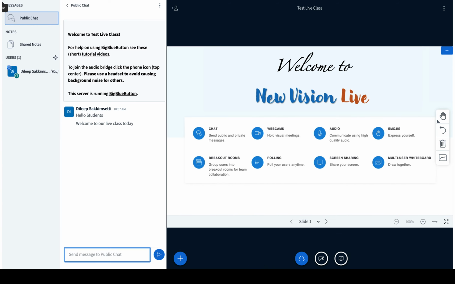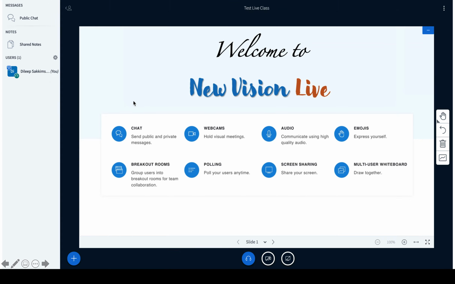Now the third one. Just to see, there is this public chat ribbon and arrow mark. If you click on the arrow mark, it will close this column number 2. It will close and it will appear like this. The second column is now closed. You see me? Okay, this is column number 3.